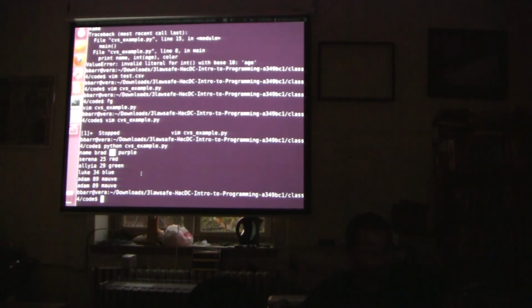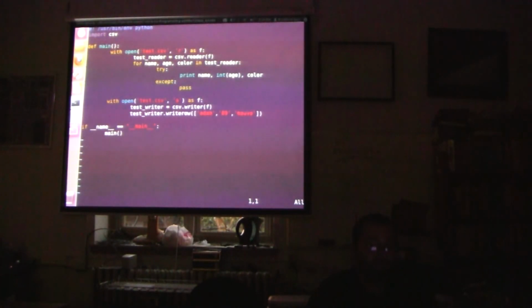So this can actually be treated like a number in our Python code. Yeah. Can we go back to the code for a second? Sure. Another way to handle that might be to just do print name, age, and color without the int thing. This is true. If we did this, no, if we're under the except, what am I doing?